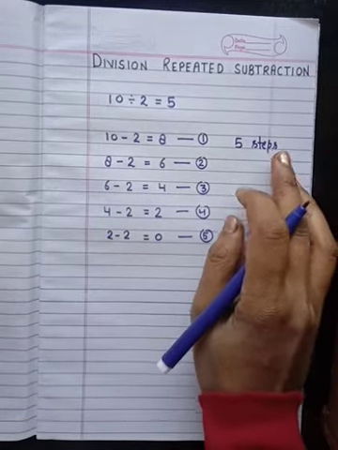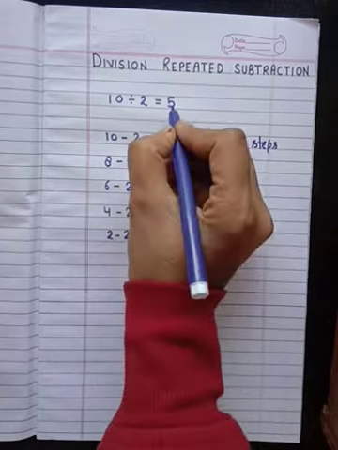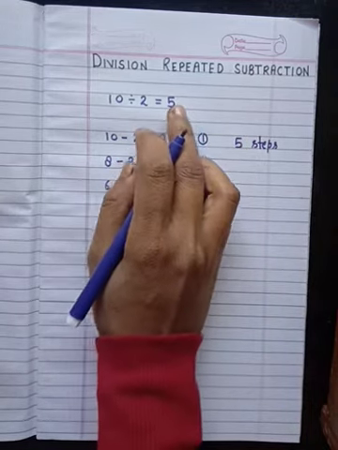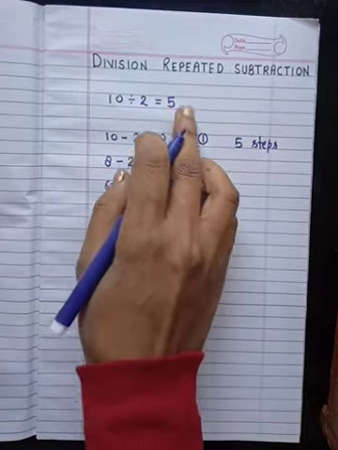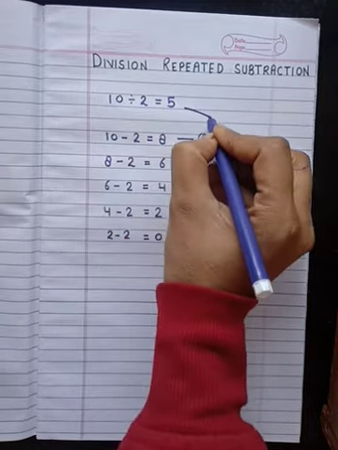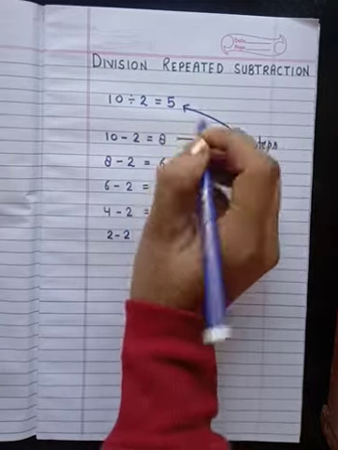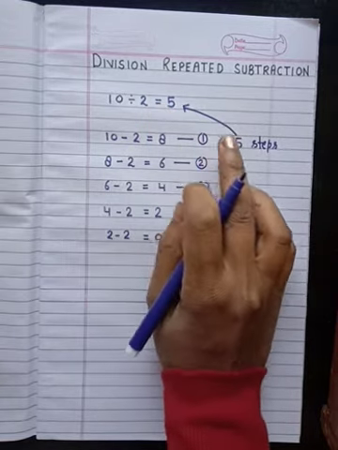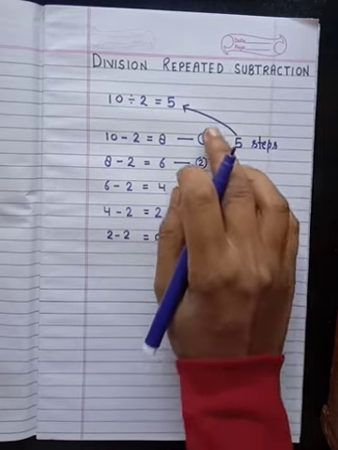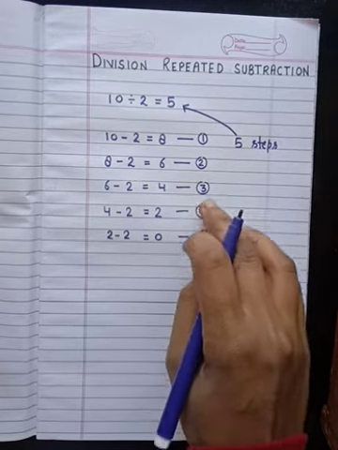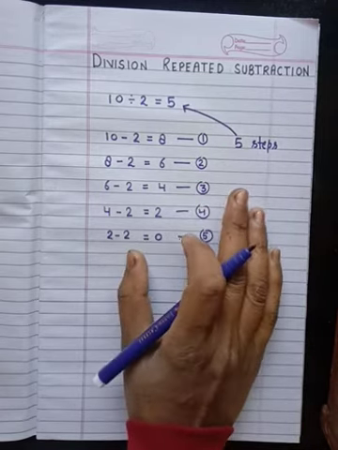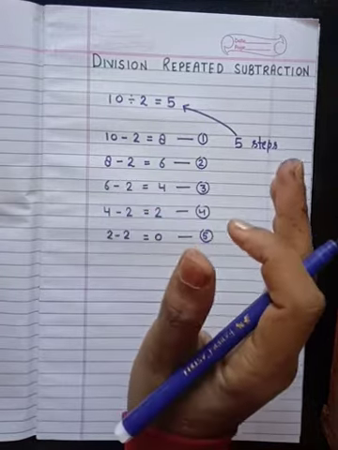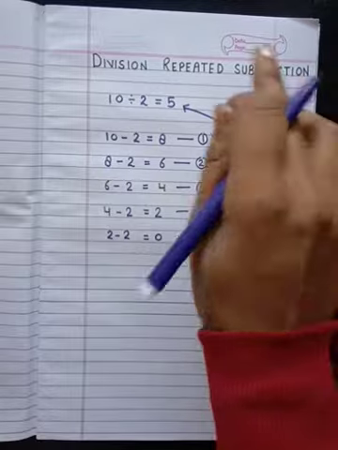Okay, and now is it the quotient? Yes. You can see here the quotient. Is it the same as this? It is the same. The quotient is 5, and how many steps have we taken? We have also taken 5 steps. Okay, here the 5 steps are involved in this process. So this is the reason that division is repeated subtraction.